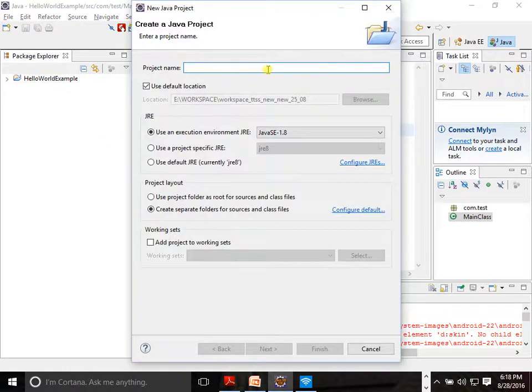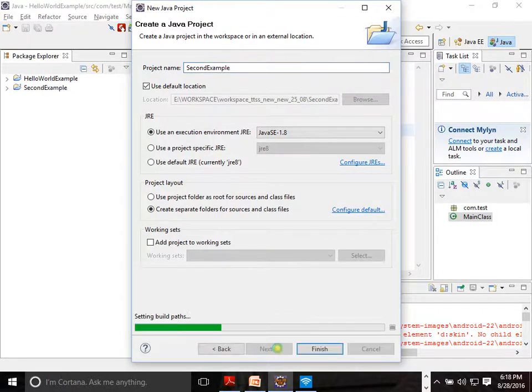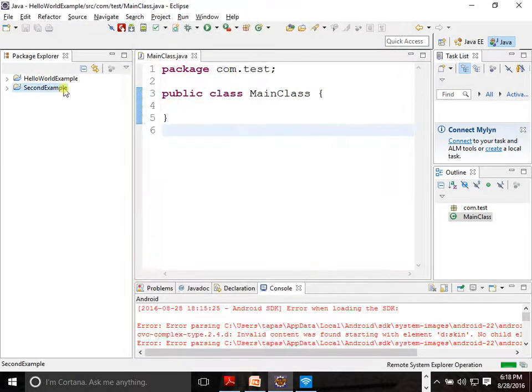You can give the name something like second example, then Next, then Finish. That means you created one new project called second example. So whenever you want to create a project, you press Alt Shift N.